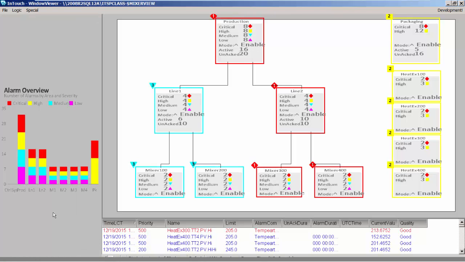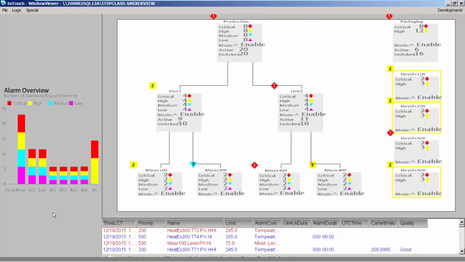So we have one other additional alarm overview dashboard tool that I want to talk about. This is using that alarm aggregation that we just talked about, but it's a chart that we can put on the screen. It's part of the situational awareness library symbols that we give you. That gives you a summarization of what's going on. Basically, it's a summary of what we have on the right-hand side of the screen in a very easy-to-use chart